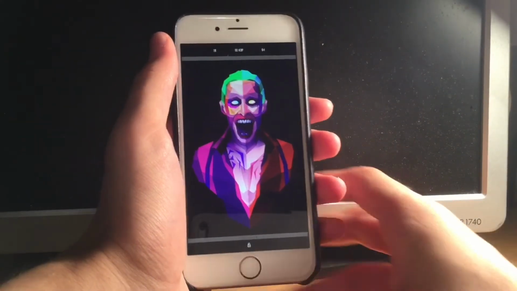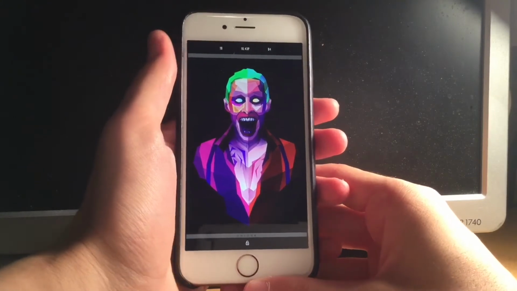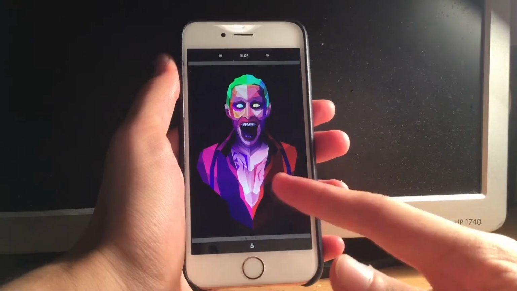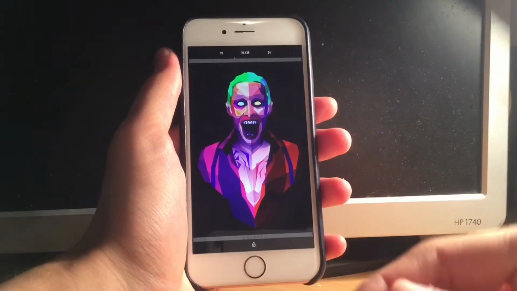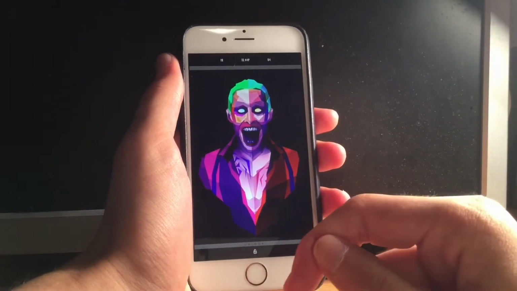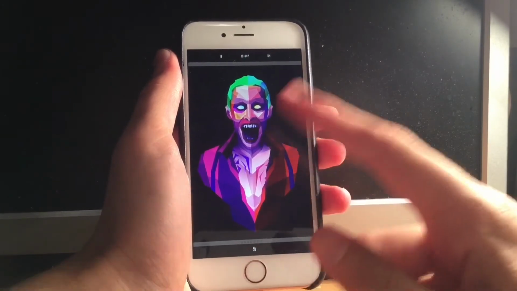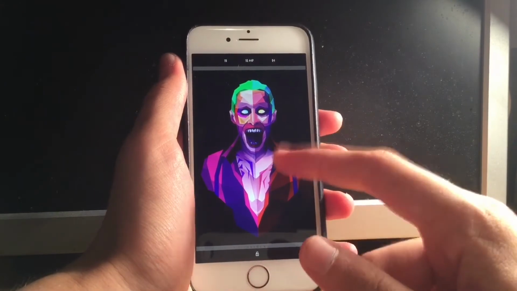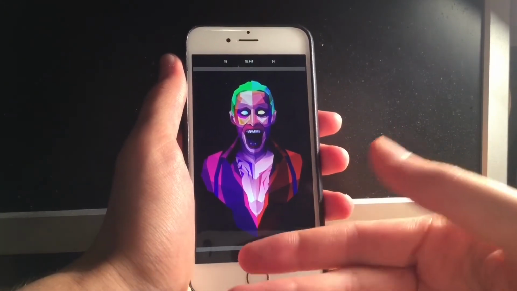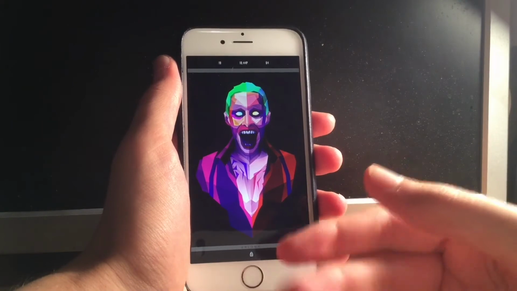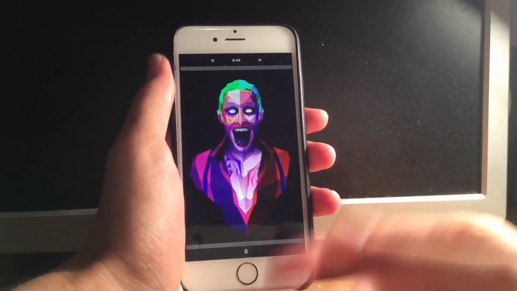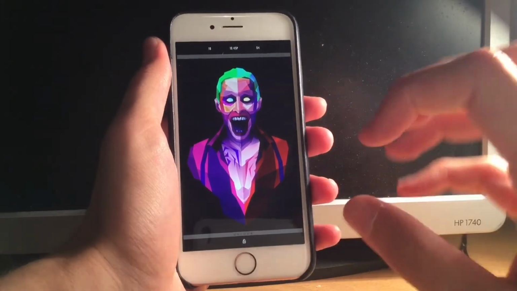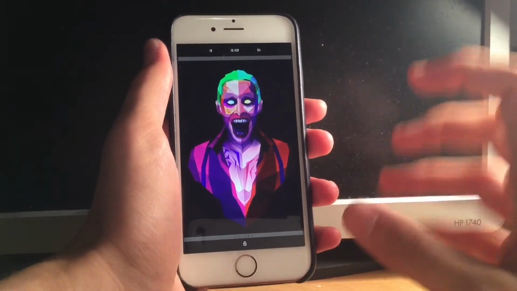So that's it on my lock screen. If you have noticed, my lock screen doesn't dim after 5 seconds, and this is due to a tweak called 20-second lock screen. 20-second lock screen will basically keep your lock screen up for 20 seconds. So it doesn't dismiss right away, so you can read your notifications and stuff. It's a really handy and useful tweak. You can get it and use it. So once again, 20-second lock screen. And this is basically every tweak that I have on my lock screen.